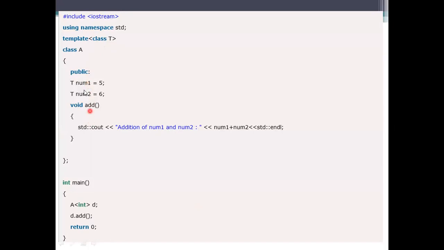So what I am doing here, we are taking the T number equal to 5. If you want to give the numerical values at runtime, we need to specify another code, but I am giving this statically here. So by choosing the number, it will decide the temp, that is, the data type you are mentioning here. If it is an integer, it simply specifies an integer data type. It performs the integer addition.